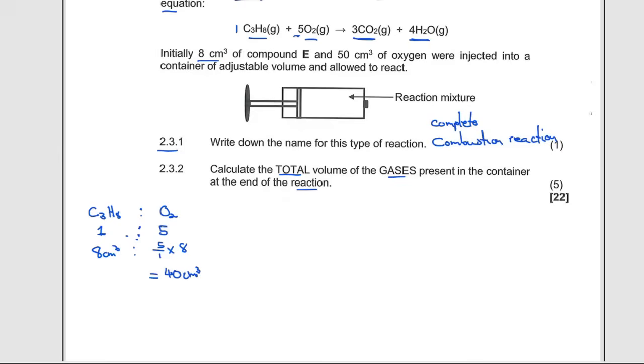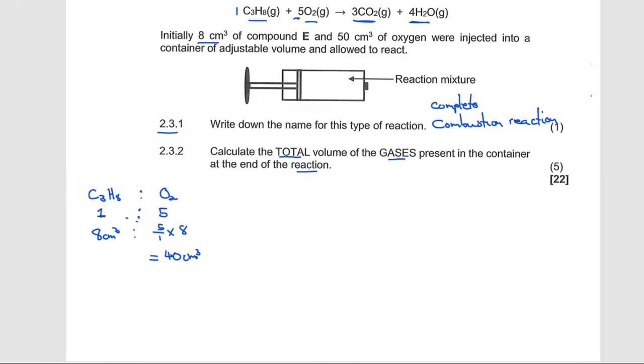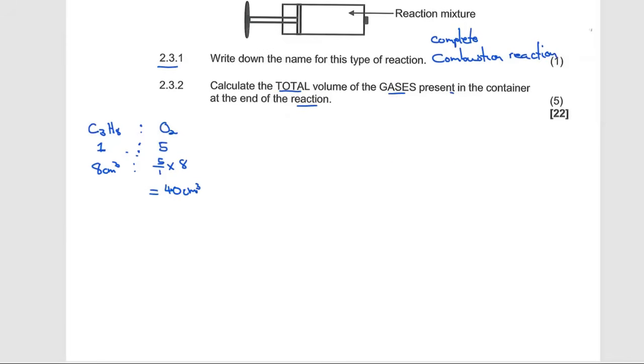The next part, what we need to do is find how much of this oxygen is available. In terms of this, we're given the oxygen: compound E and 50 cubic centimeters of oxygen. So the available oxygen is 50 cubic centimeters. I'm going to say O2 available is equivalent to 50 cubic centimeters. Therefore, in terms of the oxygen that is in excess,